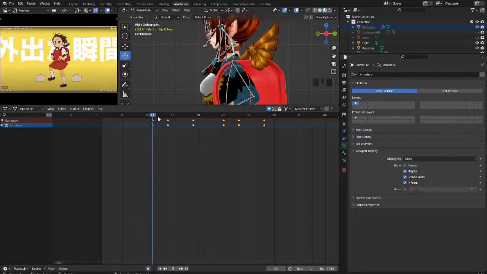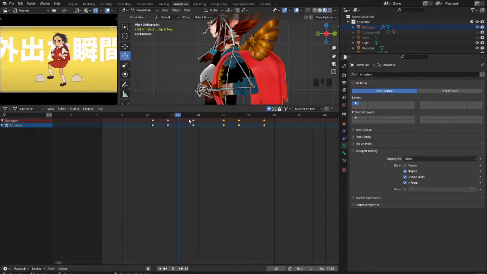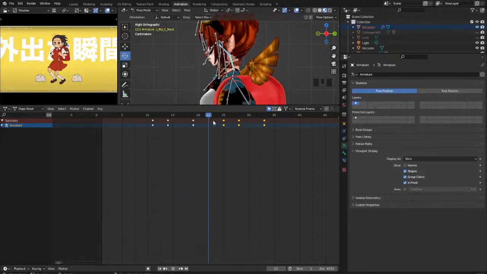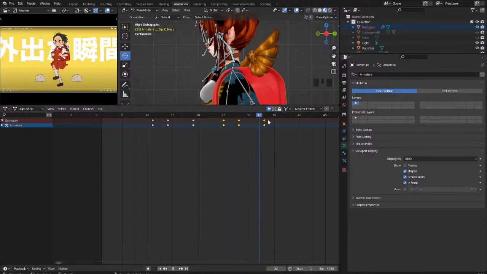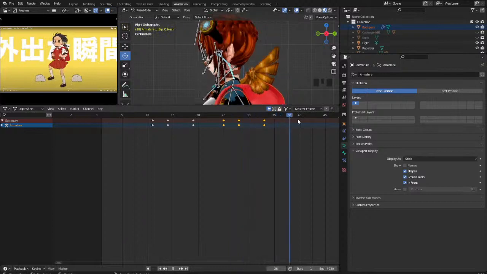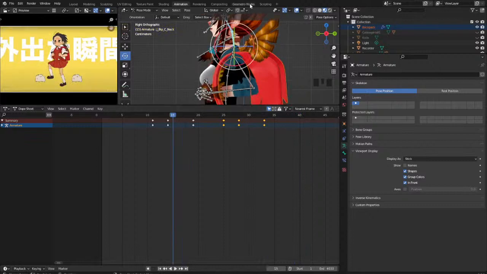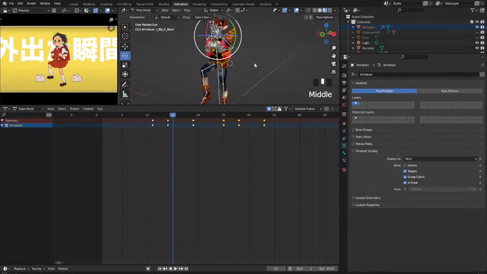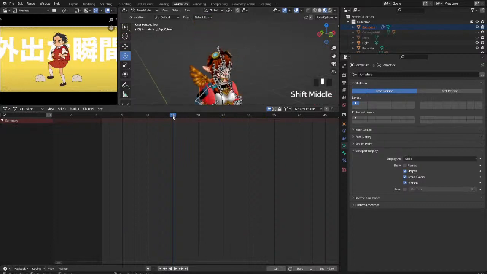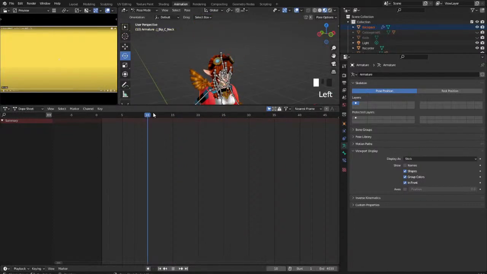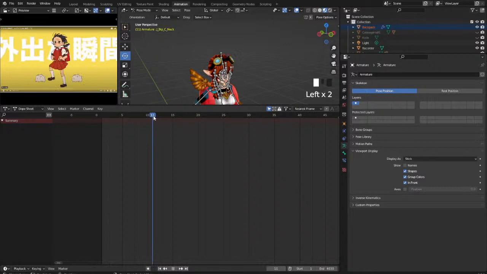So up, down, up, then down again. And that's, of course, where it loops. Okay. Now we need to add the hair bit. And then we basically just copy it, and then,